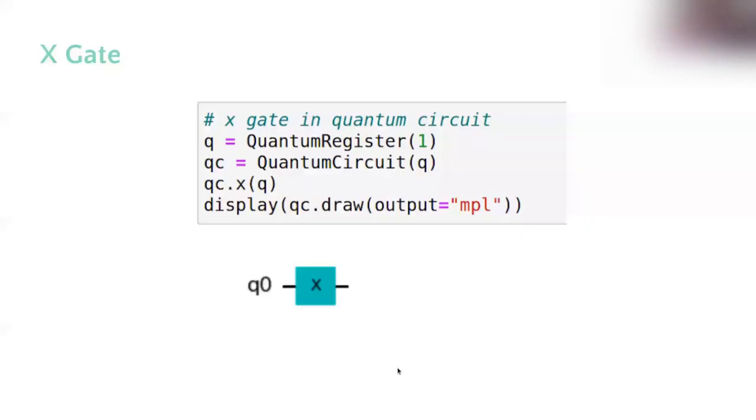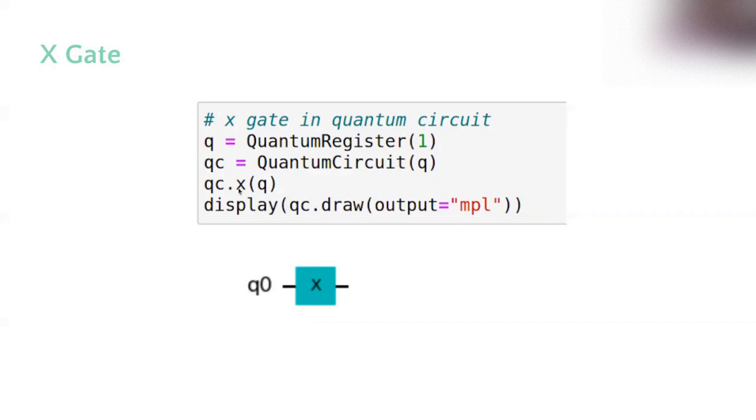If you want to implement the X gate on Qiskit, then we simply need to create a quantum circuit with just one quantum register because we're talking about single qubit gates. Therefore, we initiate a variable q, which is one quantum register, defined by this parameter 1 over here. Then we take q as a parameter of a quantum circuit and get a quantum circuit with just one single qubit, and apply the X gate on that qubit